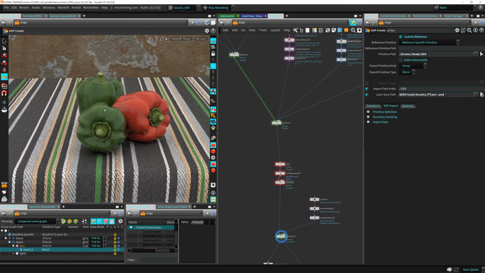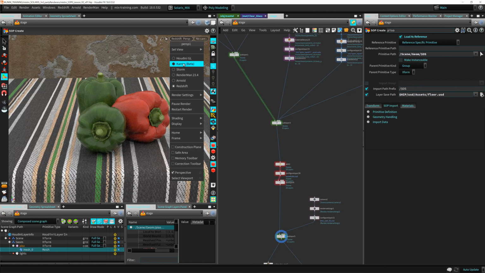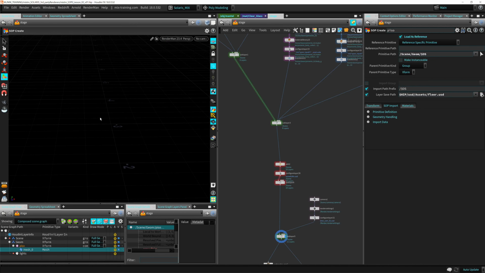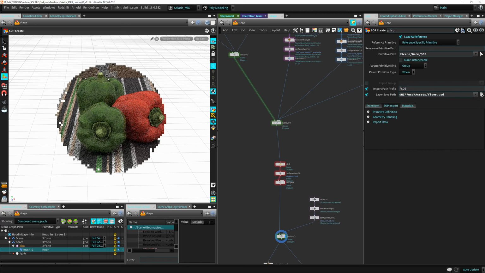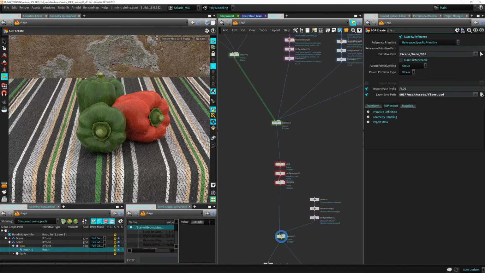Also, these Hydra delegates have options, because that's maybe the first thing you want to know: how do I change my settings of the renderer? Okay, right? So let's go here and use RenderMan. And here in the viewport, you have this little eye, which is the display properties, which are also available in